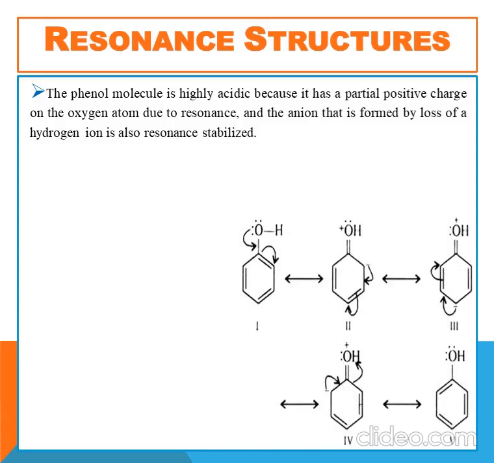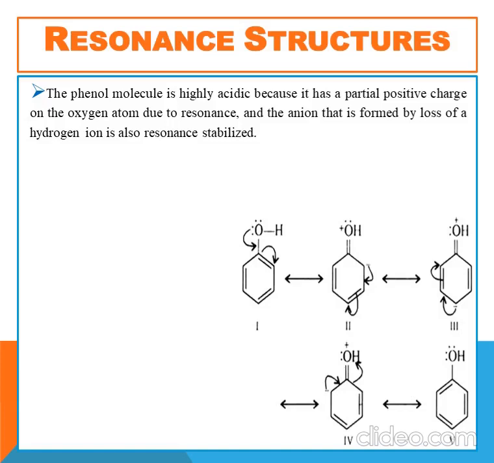So in the structure below you can see, first one is a normal phenol molecule. From the oxygen present there, one electron pair is taken up by the first carbon atom and it forms a double bond with the oxygen. Once it has formed the double bond, the double bond present between carbon 1 and 2 is shifted and a negative charge is formed at the second position.